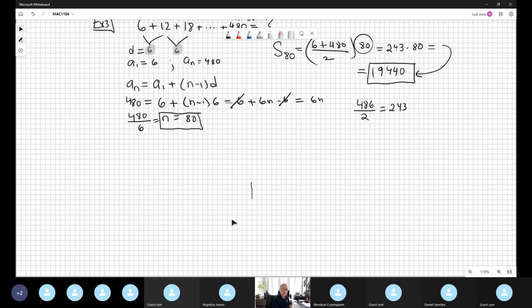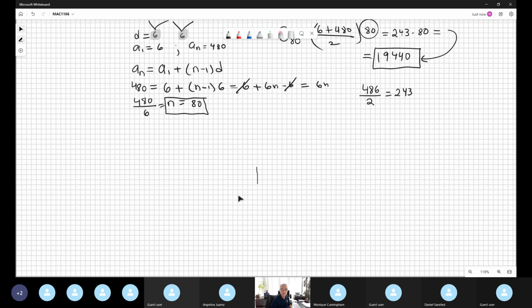Example 5, no? Let me see. No, 4. Example 4 is given this idea. Compute the summation, and this is summation notation, okay, from n equal 1 to 27, and the expression inside is negative 4n minus